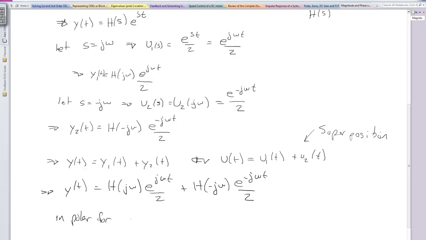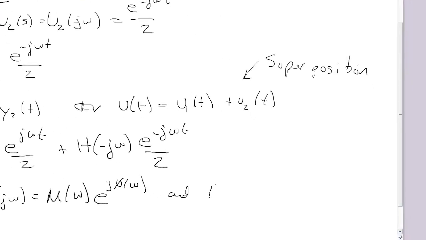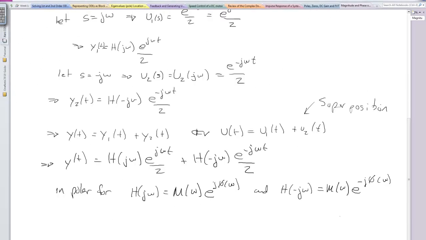We could say that H of j omega is equal to the magnitude of the function, which is only going to be a function of omega because the magnitude has to be a positive real number, times the exponential of j phi, which is a function of omega. And we could also write that H of minus j omega would have the same magnitude, because it's symmetric about the real axis, times e to the minus j phi of omega,